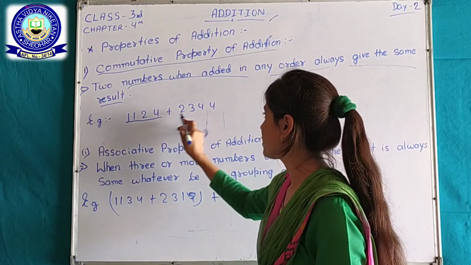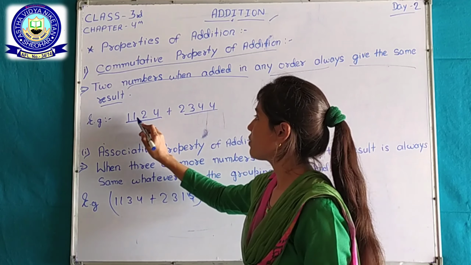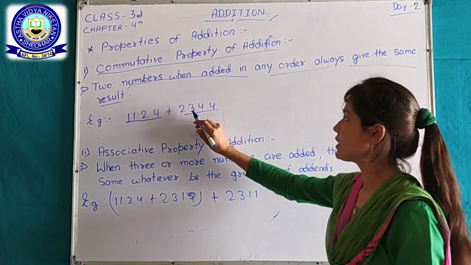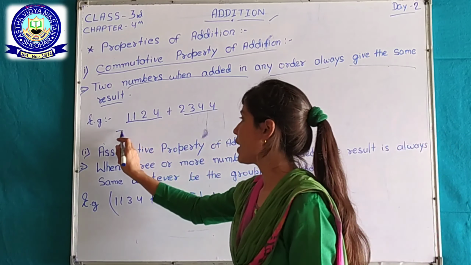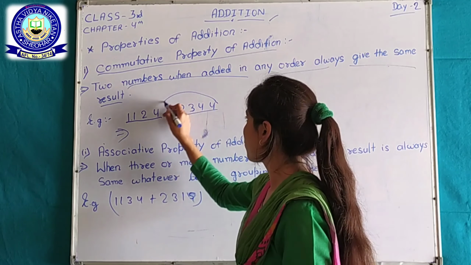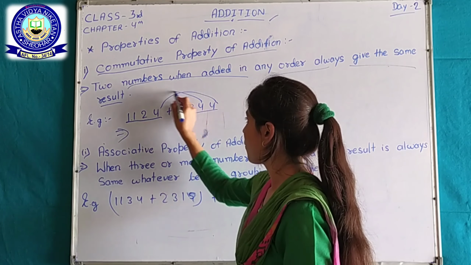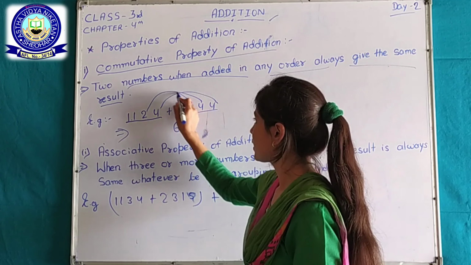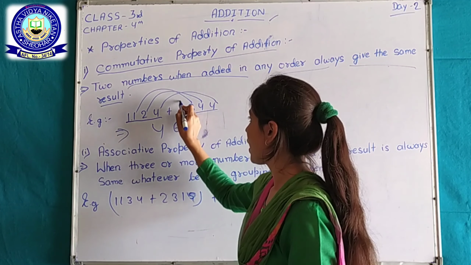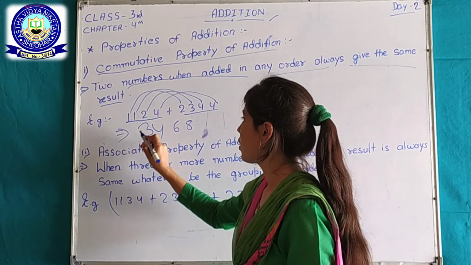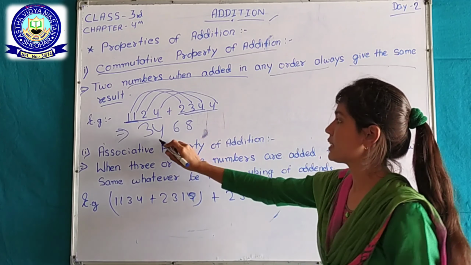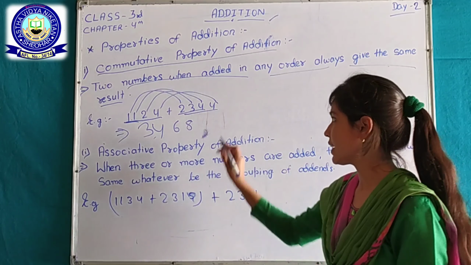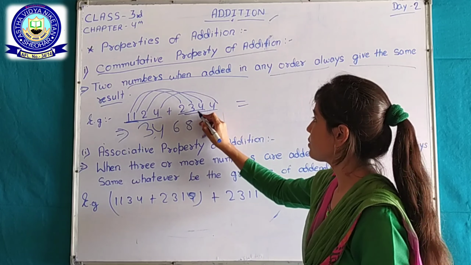Here are 2 numbers, 1124 and 2344. When we add them, we get 4 plus 4 is 8, 4 plus 2 is 6, 3 plus 1 is 4, and 2 plus 1 is 3. When we add these 2 numbers, we get 3468. But when we write it in this way,